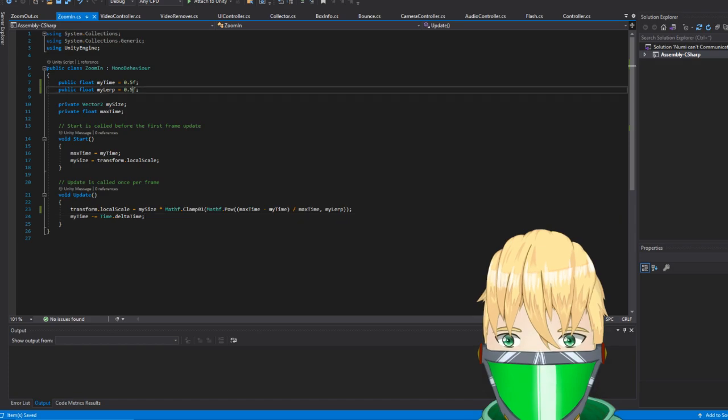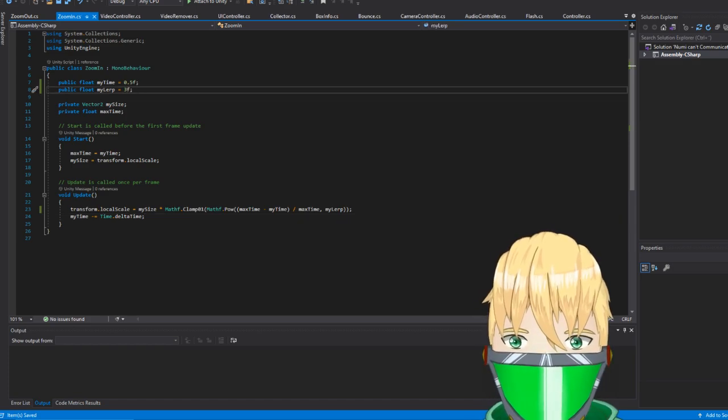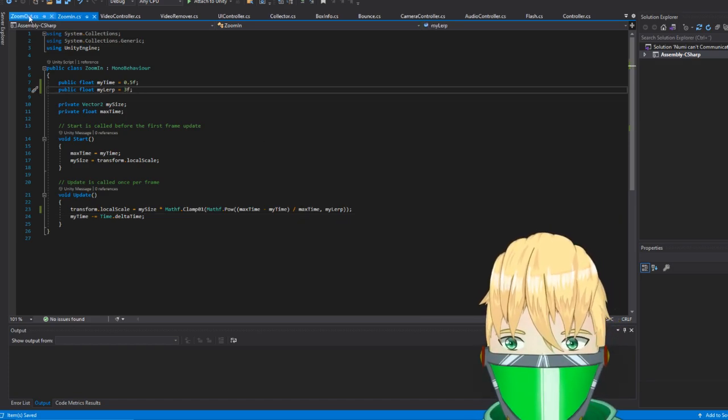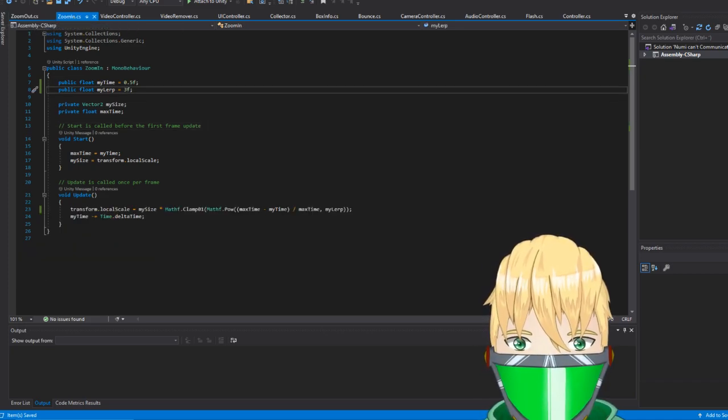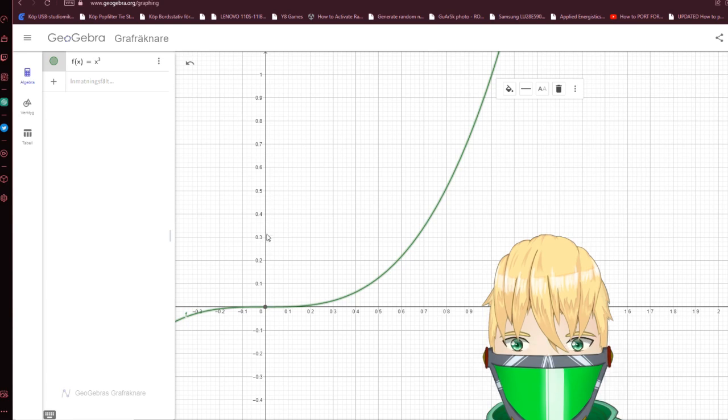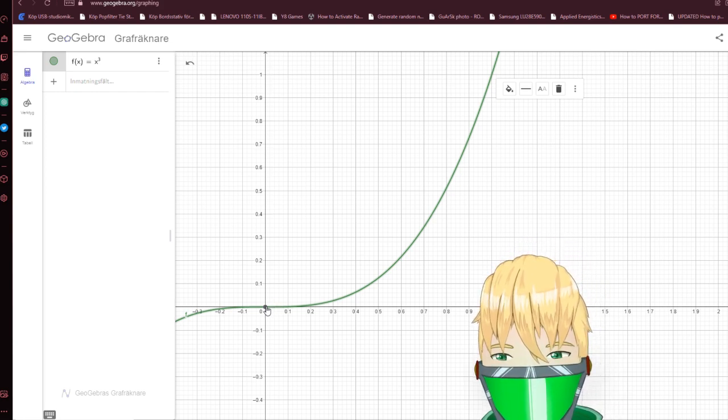If I have free lerp here, because now it's the same process as the other one, except we're not taking 1 minus. So what we're going to do is start here, then slowly increase, and then hit the max.